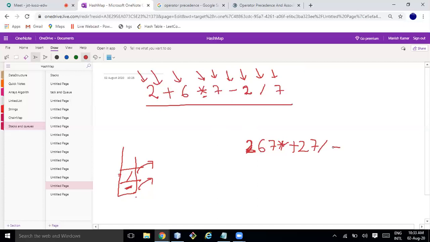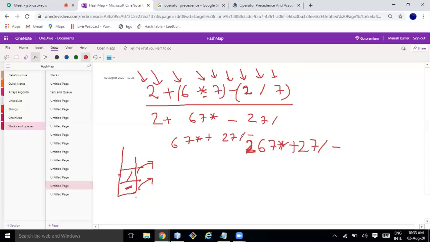See the answer. Do it manually. So I can do 2, 6, 7 star minus 2, 7 dash. Then I'll do it from here: 6, 7 star plus 2, 7, this minus.